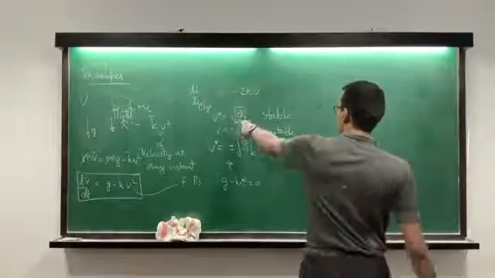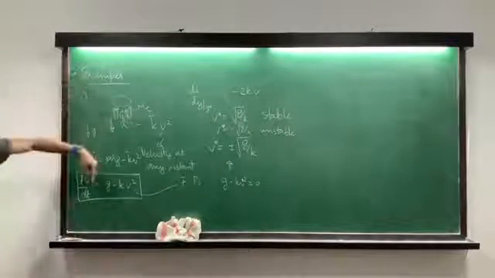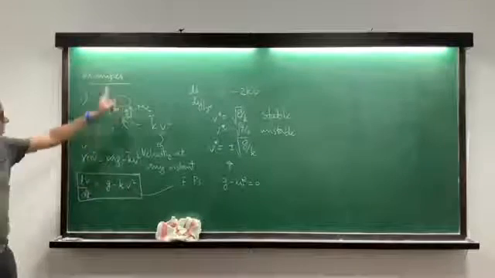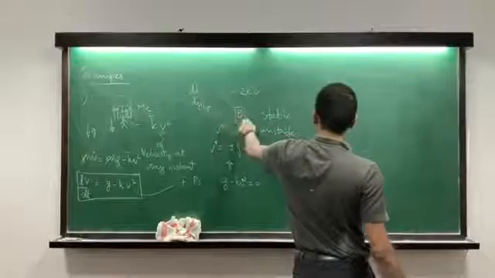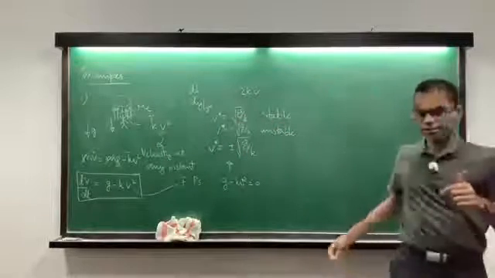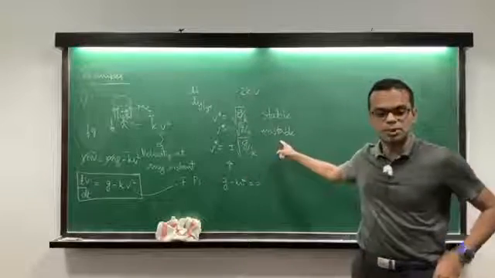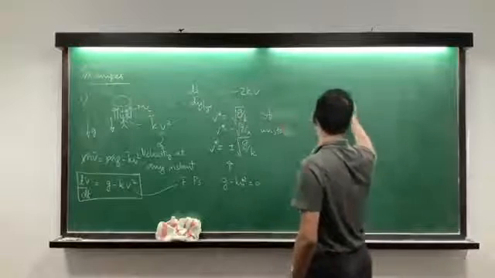So v, remember, v is positive downward because g is positive downward. So minus kv square is upward, so it's taken to be negative. So the v positive downward is a stable branch. V negative downward, or v upward, is an unstable branch. So you in principle can have two fixed points. If you draw the phase space,